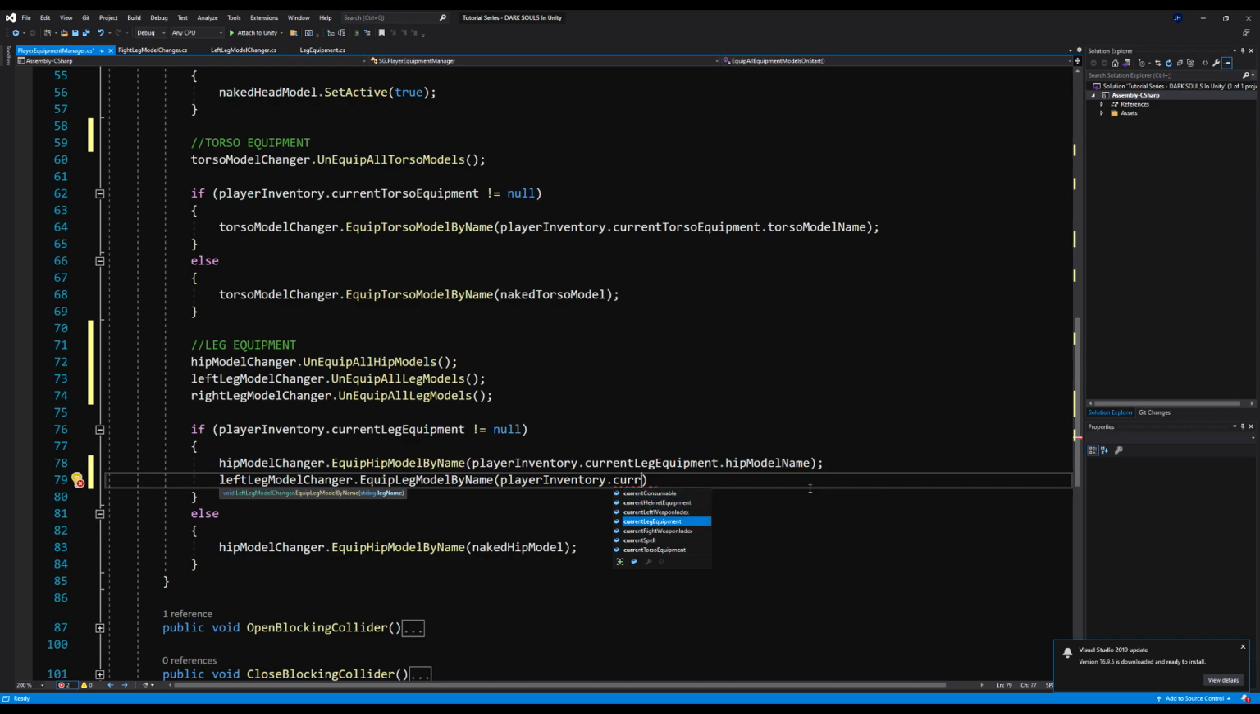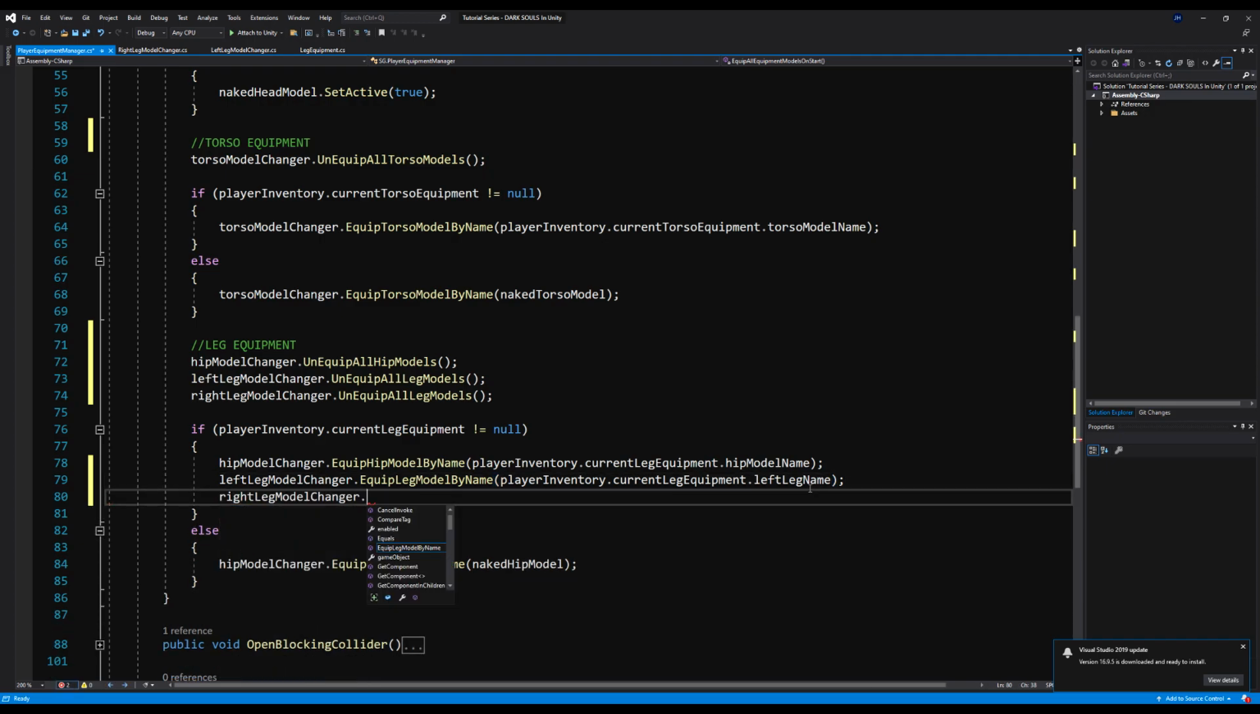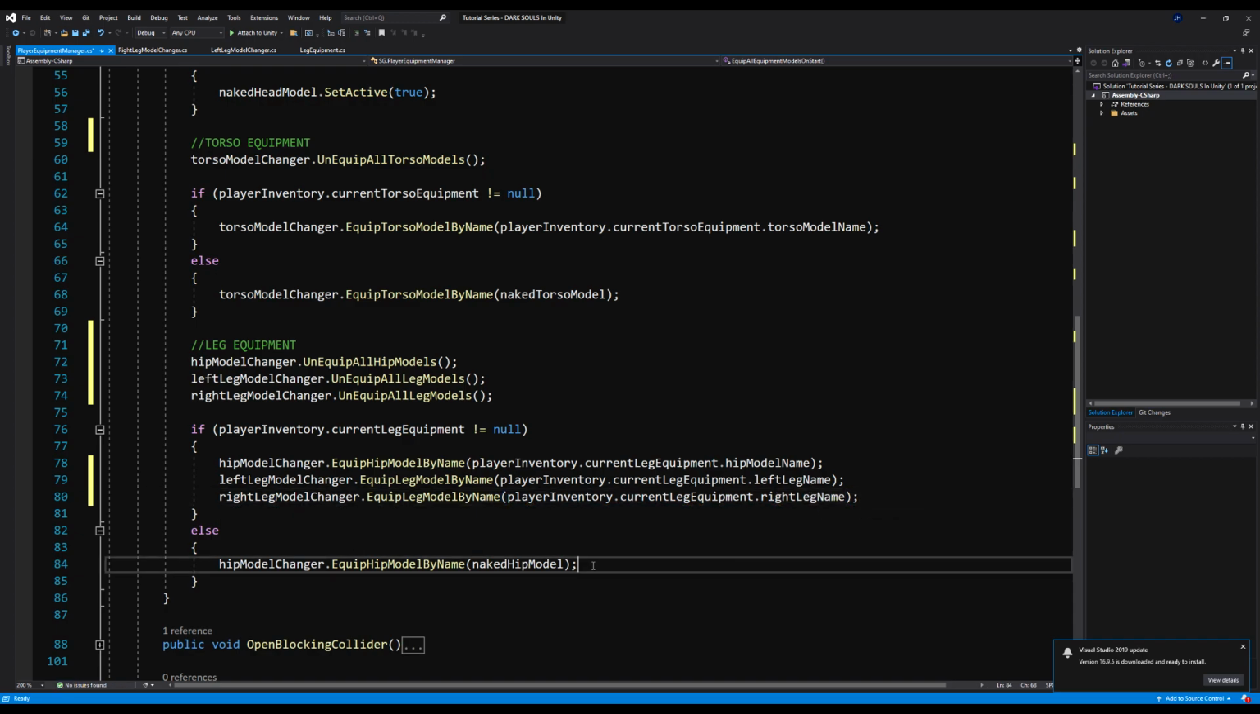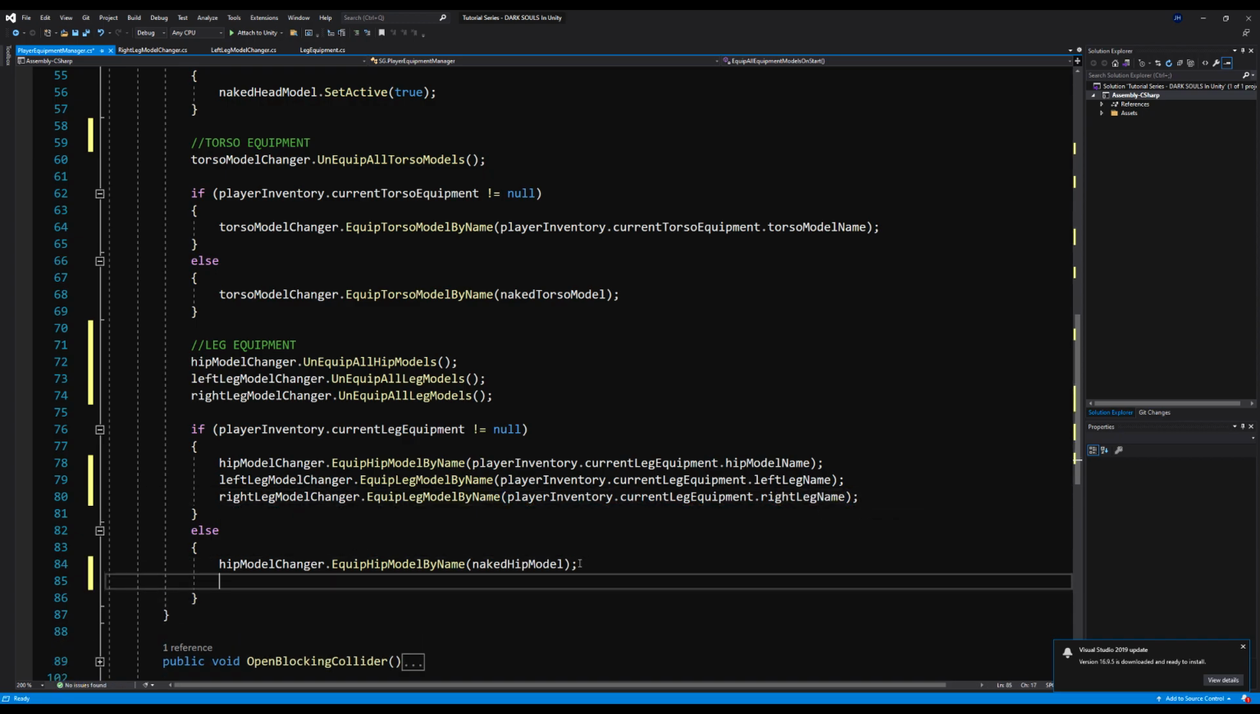So then we're going to say if the equipment in your leg inventory slot is not null, we're going to say left leg model changer, equip leg model by name, player inventory.current leg equipment.left leg name, right leg model changer dot equip leg model by name, player inventory.current leg equipment.right leg name. So you can see here, it's actually just getting these three individual pieces from the current leg equipment in your inventory. It's getting the hips, the left, and the right leg, and it's talking to the hip changer, the right leg changer, and the left leg changer,